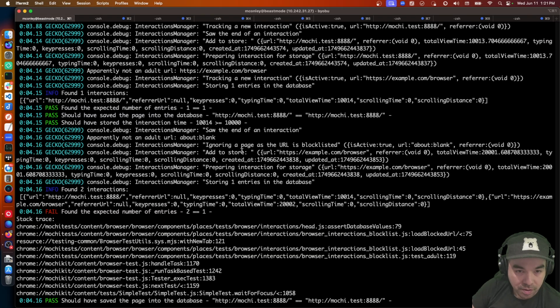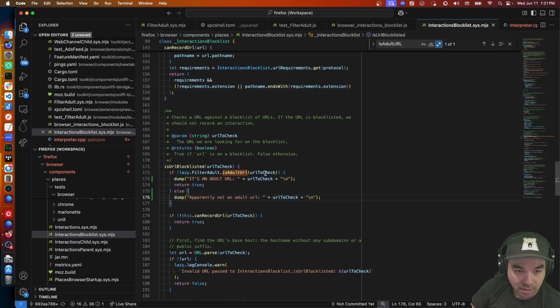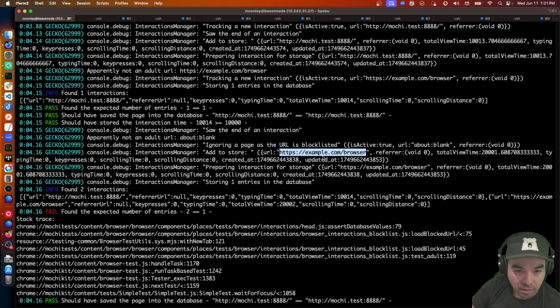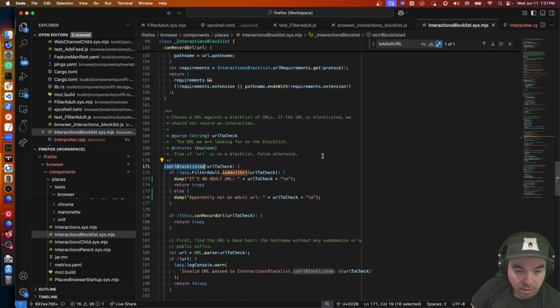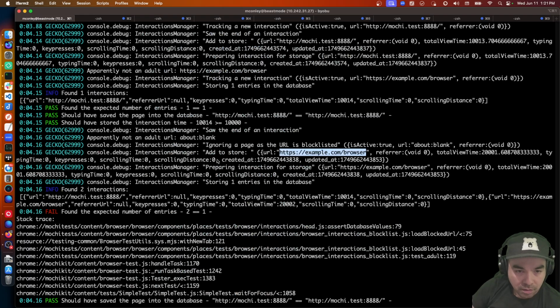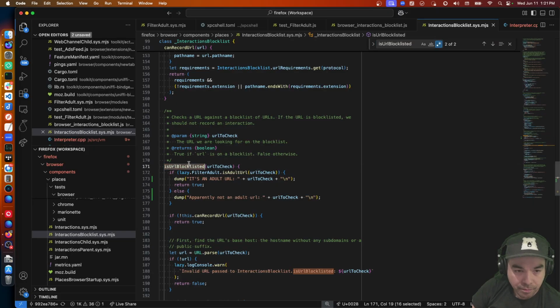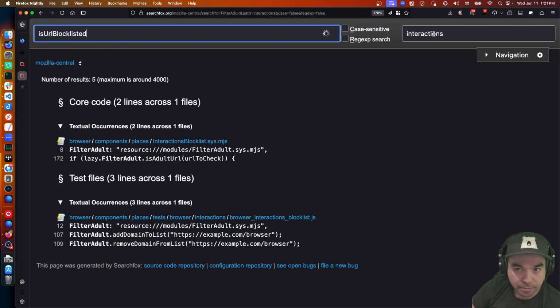Add to store. Ignore a page as the URL is blocklisted, and then add to store. Where is this coming from? That's the thing. Where does that come from?